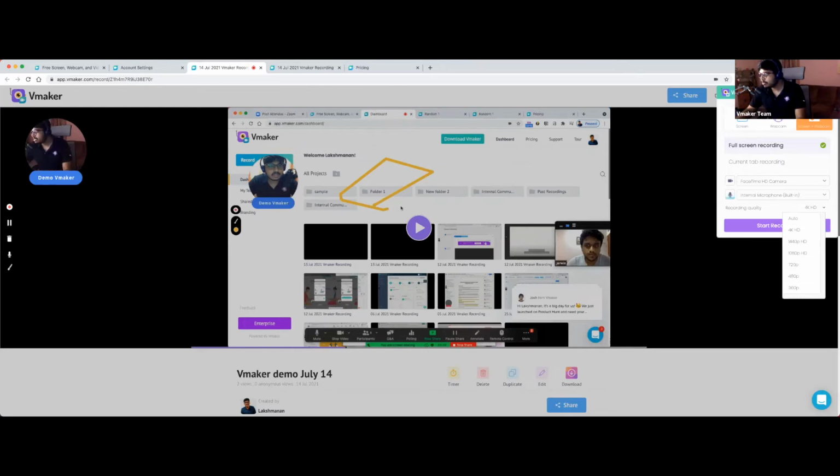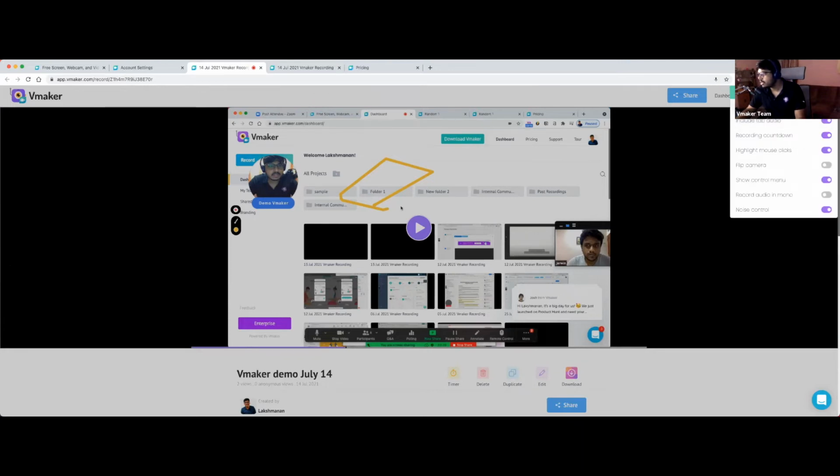One thing which people miss out here is the preferences menu. Just click into it. Yep, you could see that you have a few options here as well. So first one is include tab audio. If you're playing a video during a recording and you want people to hear that, please include this. Recording countdown, if I just click, it goes 3, 2, 1, go. You don't want that. You feel like it's pretty annoying, turn it off.